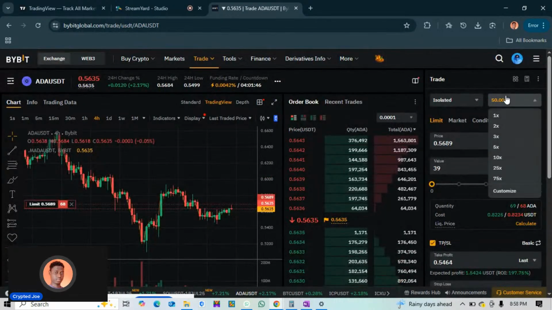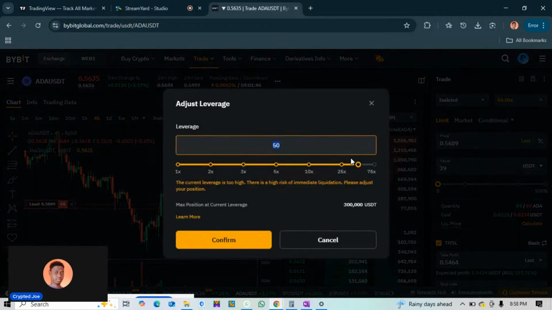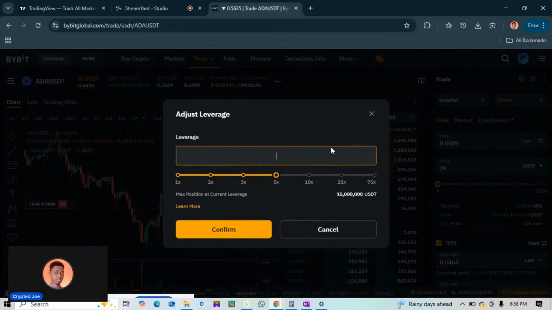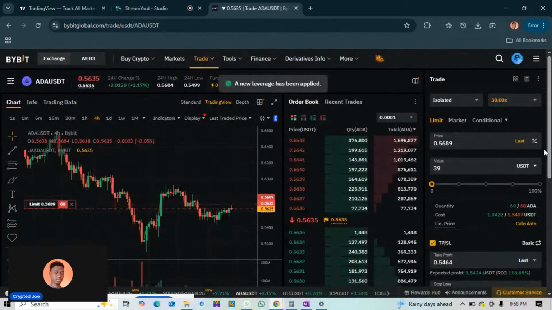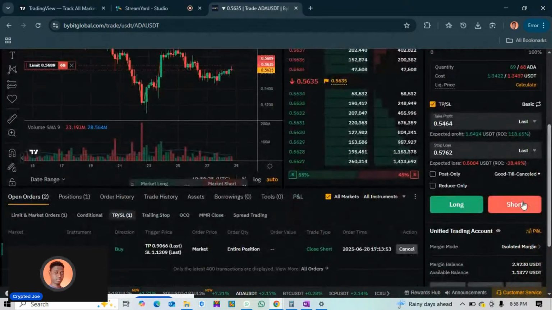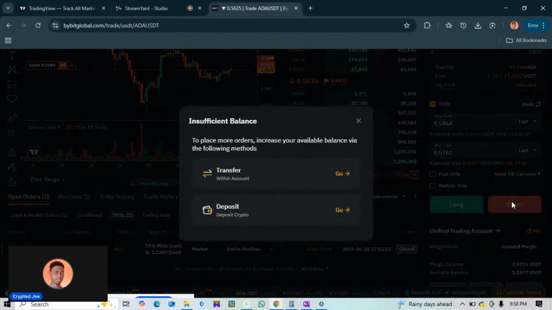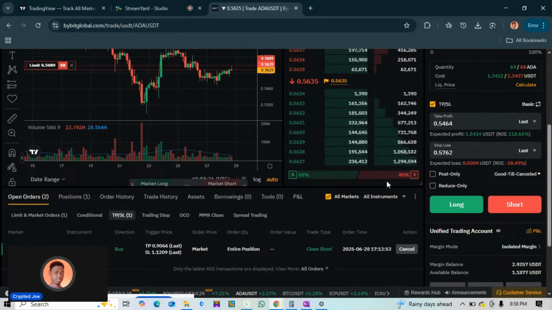Let me say 30x leverage. Let me use 30. Click on confirm. Okay, it has been set to 30x leverage, so I'll click on short. Okay. I still can't find